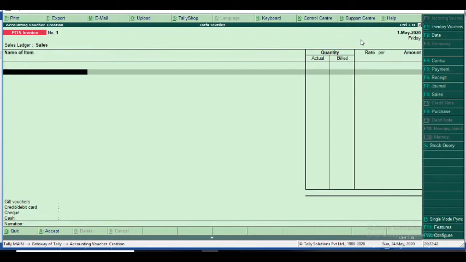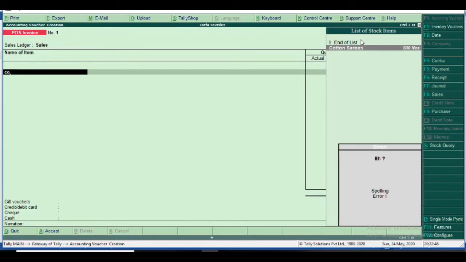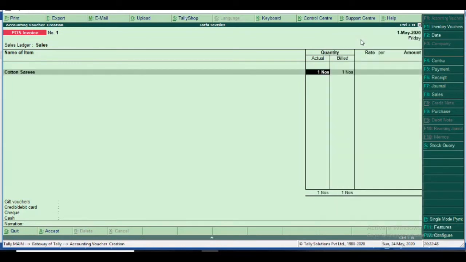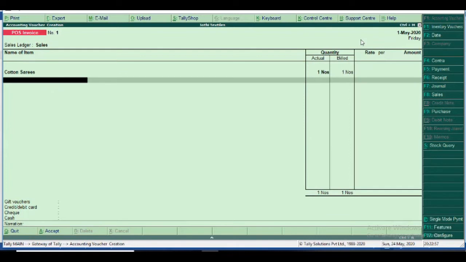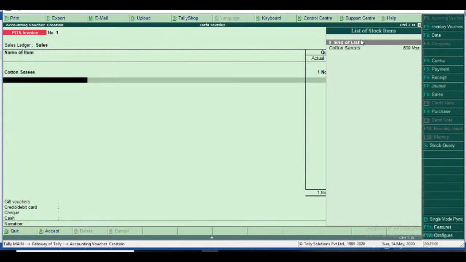I select sample sales. Rate is allowed to be blank because we enabled the option enable zero value entry.